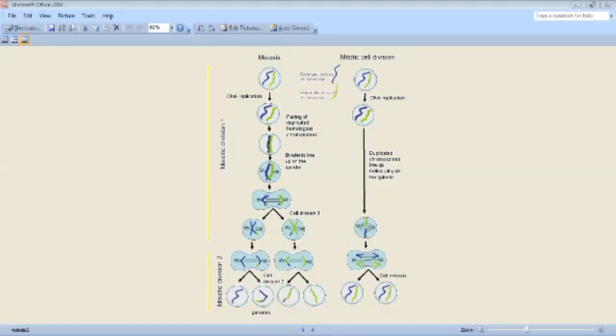So meiosis has two steps. The first step is the first meiotic division, and the second is the second meiotic division. In the first step, chromosomal replication starts and consists of prophase, metaphase, anaphase, and telophase, the same as that of the mitotic cell division takes place here up to this. Okay, so up to this there is a mitotic-like cell division in this meiotic division 1, and in the second stage,